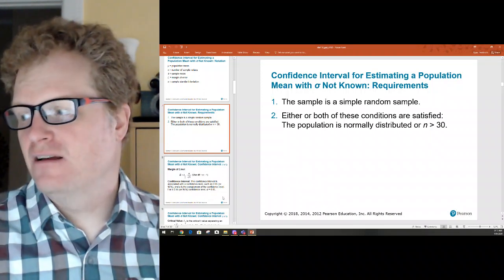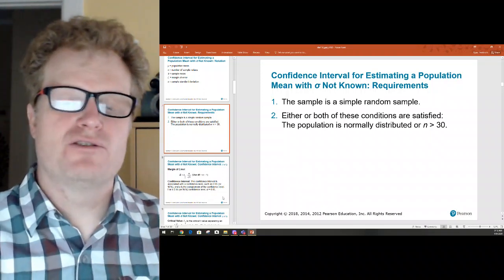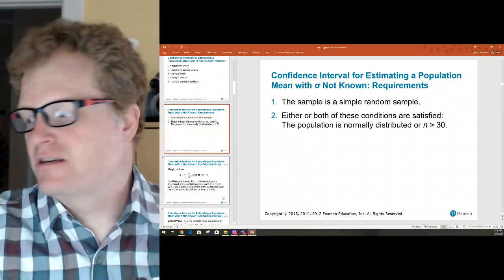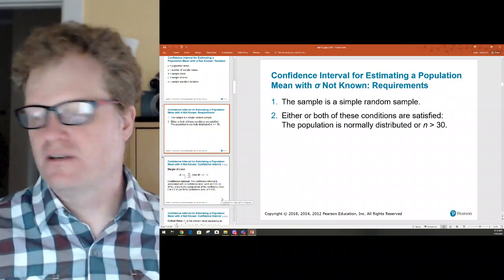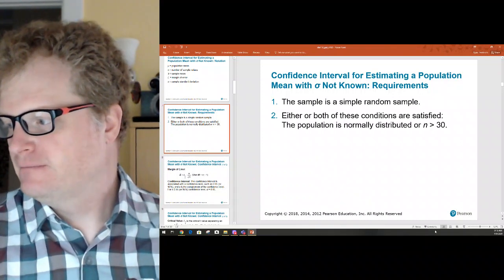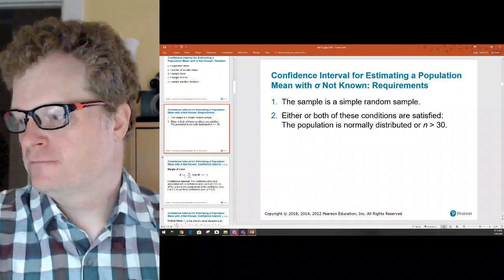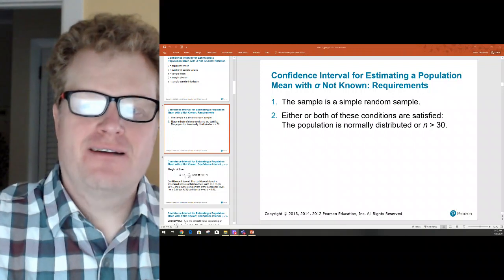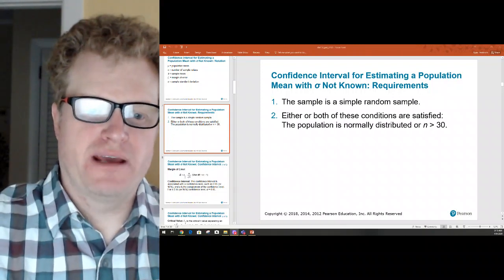He had to call it the student t distribution because he wasn't allowed to publish his results. Guinness actually said, you're not allowed to publish your results. It's based on the normal distribution, but he augmented the look of the distribution based upon the